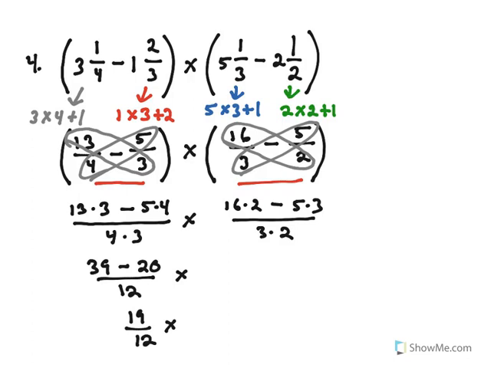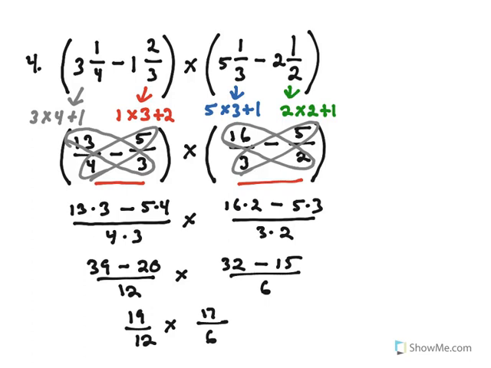16 times 2 is going to be 32, minus 5 times 3 is 15, 3 times 2 is 6. When you do 32 minus 15, we should get 17 over 6. And then now it's a matter of